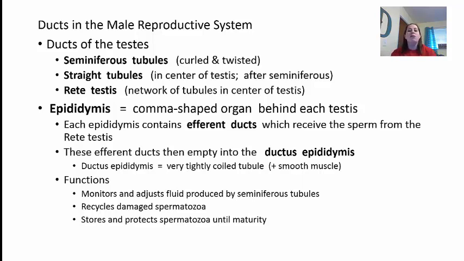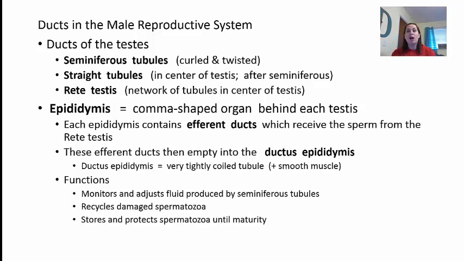production. It recycles any damaged spermatozoa. As the sperm passes through, they're going to look for any defects or any problems, and if there are ones that are not quite made correctly, they're going to recycle them and send them back. It's kind of like in the chip factory, they'll have people who are quality control and they're looking for the burnt chips and they pull them out. They're not 100% though. Sometimes some defective sperm do get through, just like sometimes you open a bag of chips and you have that burnt chip, but they're going to be watching for anything that comes in that's not produced